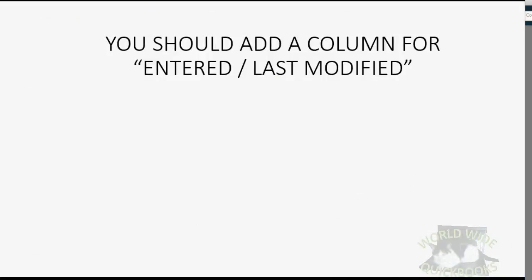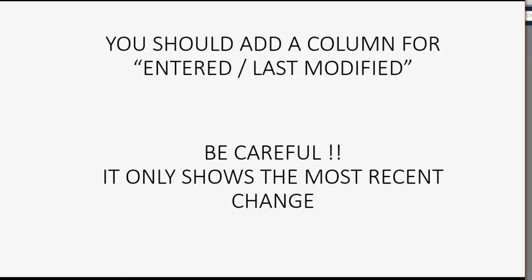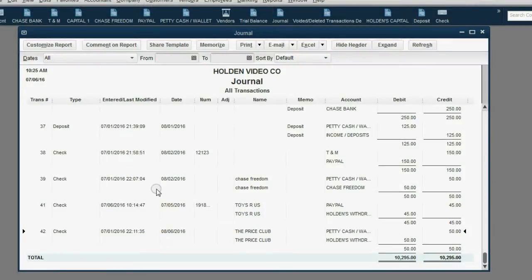Now, there are 2 points about this column that you have to be careful about. Number 1, it only shows the most recent change. So if there have been several changes to a transaction, it'll only show the most recent one. Watch. Right now it says that this check was recorded on July 6th and the date was July 5th. Now, July 5th is the date of the check. However, the date that it was recorded into QuickBooks is July 6th because this column says when it was entered